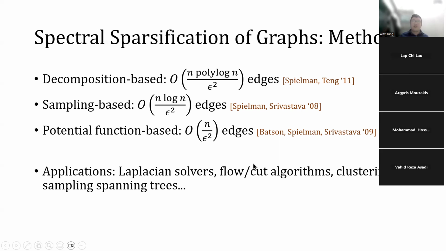And there are many applications for spectral sparsification of graphs, including Laplacian solvers, flow algorithms, cut algorithms, clustering, sampling spanning trees, and so on. So this is all about graphs. And before we move on to hypergraphs, are there any questions so far? Okay,